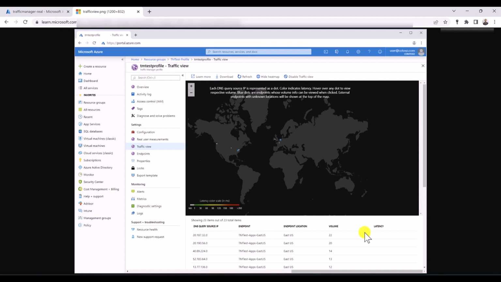And more importantly and finally, you will be able to get a sense of the latency that the end user experienced when they sent their request to a specific endpoint. Maybe you will need to use a different routing method to decrease the latency that the end user is experiencing